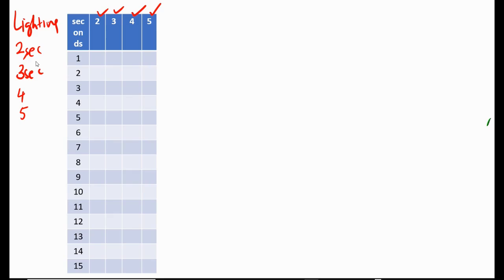I have tried to make you understand by doing it in a way that I can simply color the columns according to the second. In the first second, as I told you, I arranged it for 2 seconds to start. That means here it will be a blank spell, no bulb is glowing. But in the 2 seconds, one bulb will glow. Third second, another bulb will glow. Fourth second, I found that 2 are glowing because another 2 seconds passed, and the bulb which glows every 2 seconds again has